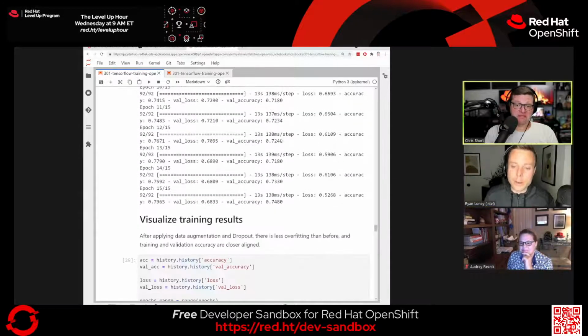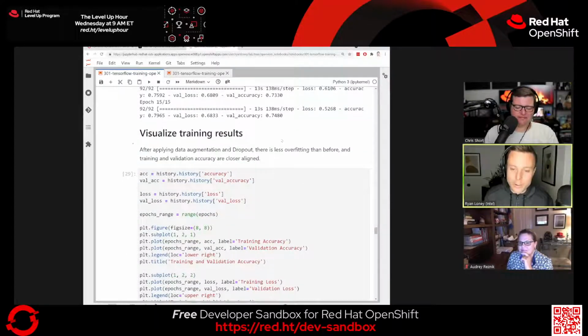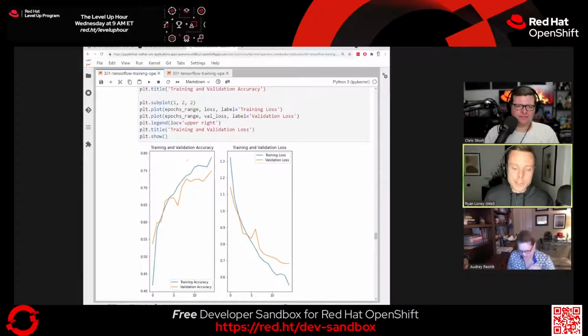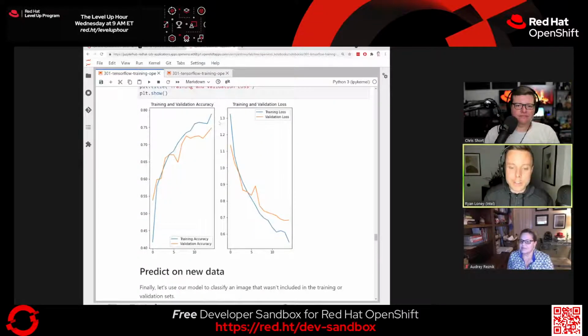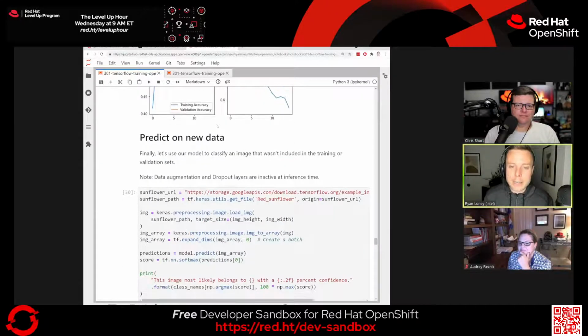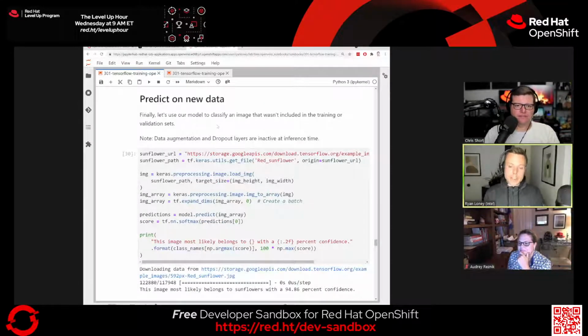So you have to wait a few minutes for this to run. But again, it's a very simple model. And you can check out inside the notebook and see the accuracy is actually pretty good. It's close to 80% just after running those 15 epochs with those 3,700 flowers. And then this is where we start to hand off between TensorFlow and moving to